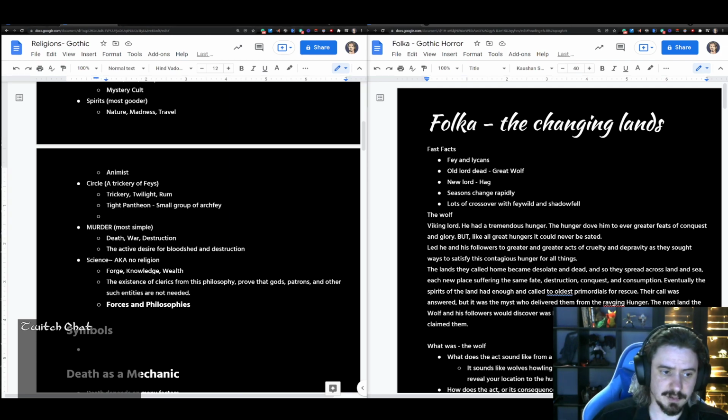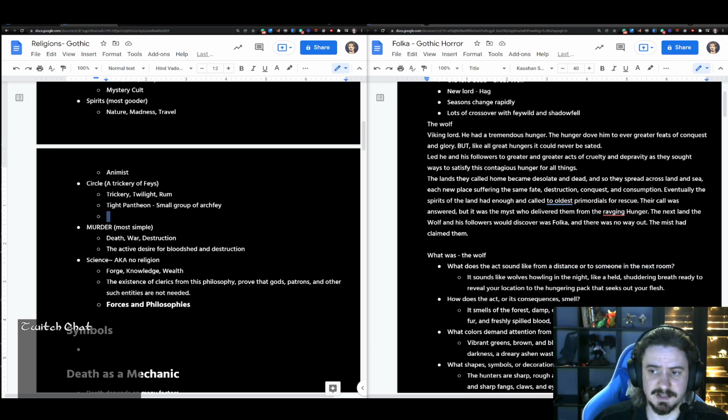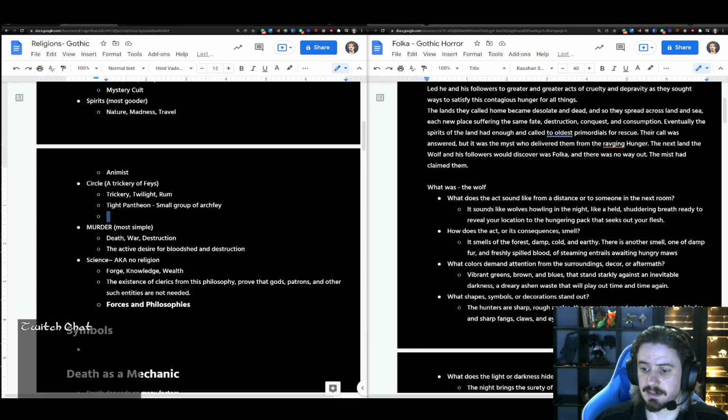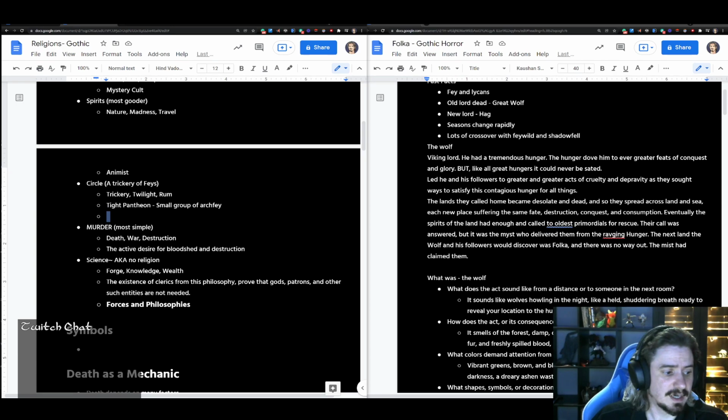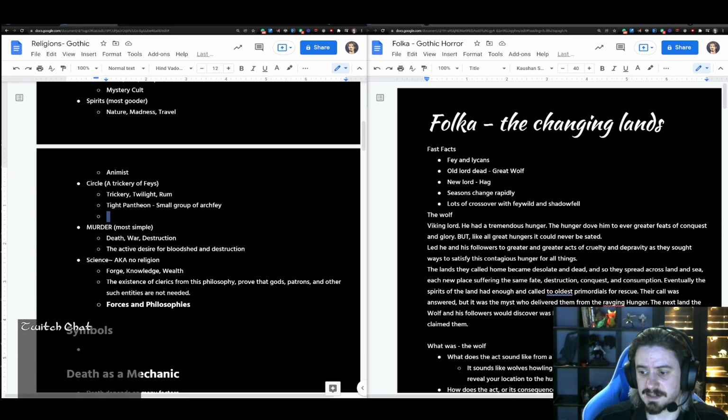Now, it's very tempting, of course, to go with the 3 hag route because it's a Gothic Horror setting, and you got hags. We already established that a hag is, in fact, one of the Dread Lords. She's in charge of Folka. There used to be a guy there called the Great Wolf. He was a Viking-esque person with a tremendous hunger. It drove him to greater feats of conquest and glory, but his hunger could never be sated. And eventually, it attracted the attention of the Mists, and he was brought over and given his own